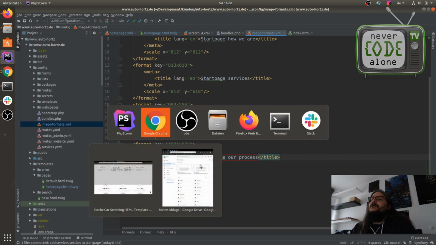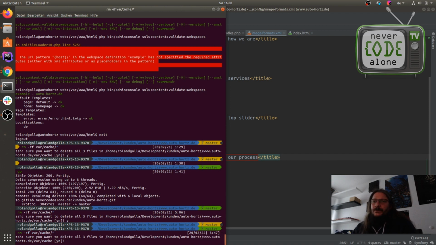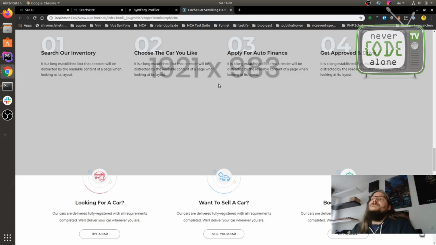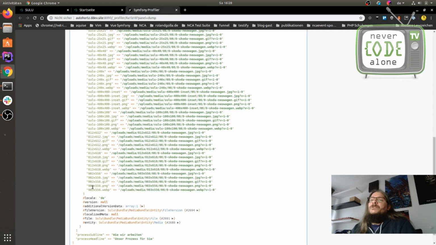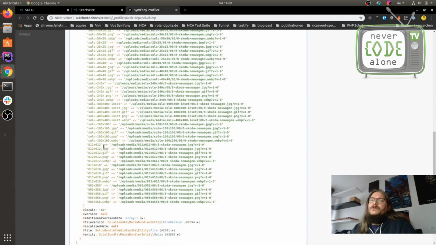So this is ready, and when this is ready I have to clear here our cache part to make this happen. And now it's available. When you see that this format is not there for now, I just cannot easily reload it here.